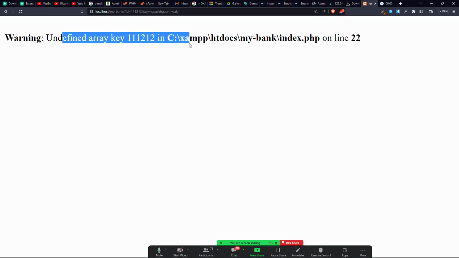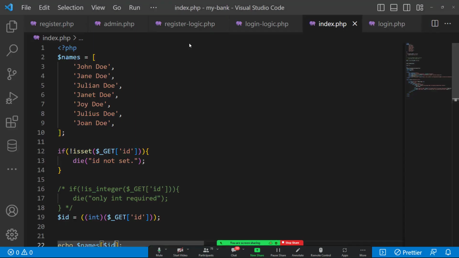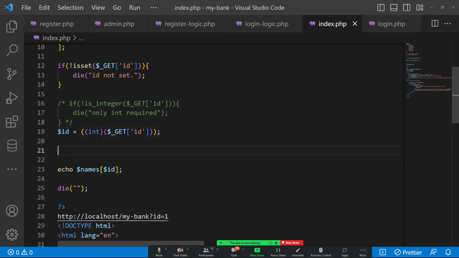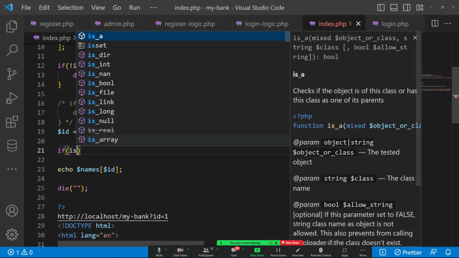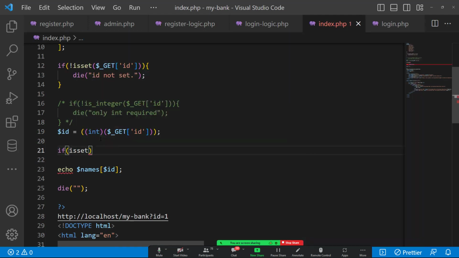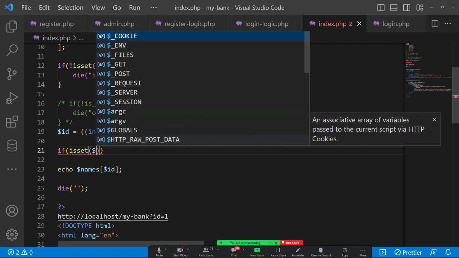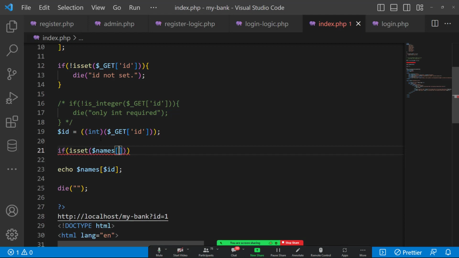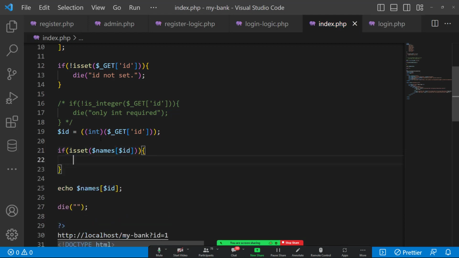So you see, we get another error. So another thing you have to check: is it set? Once you have collected the integer, you just check if the names and then this index is set. So you check if that index is set. If it is not set, you stop the project from here, or you do another thing, maybe ID not